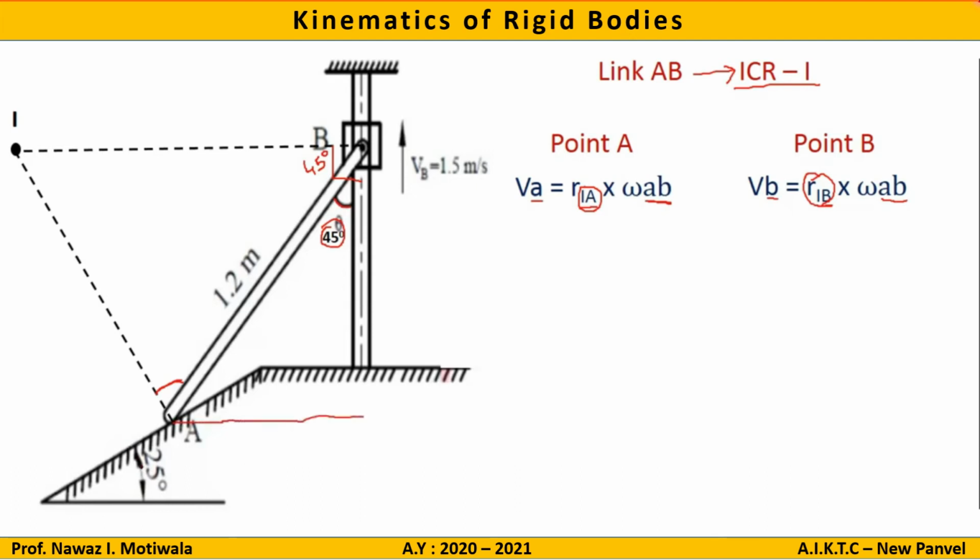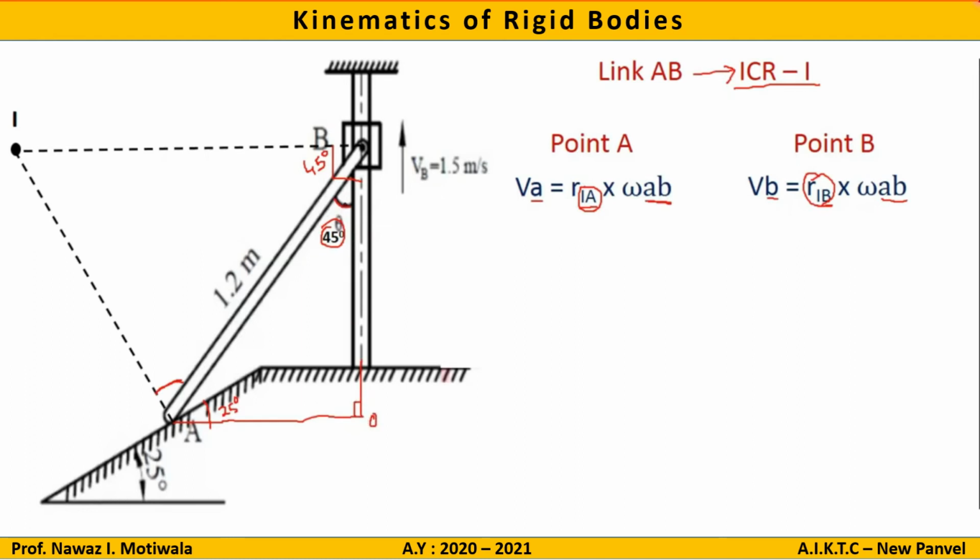So if this angle is 25, this angle will also become 25, corresponding angles, because I have drawn a parallel line. I am just making use of geometry. Now this angle is 25. Now if I complete this particular triangle, you can see this triangle AB, and let us say I am naming it as O. In this triangle ABO, this angle is 90,